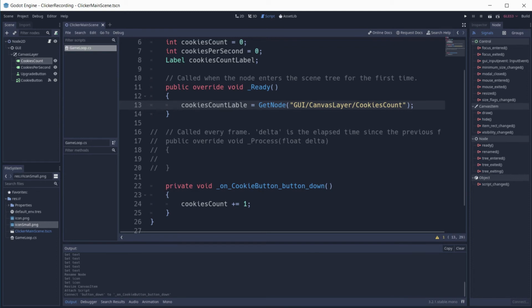GetNode will return the node, but we want to store it as a label. To do that, we have to cast that returned node into the label, and it will work because Label is inherited from Node.